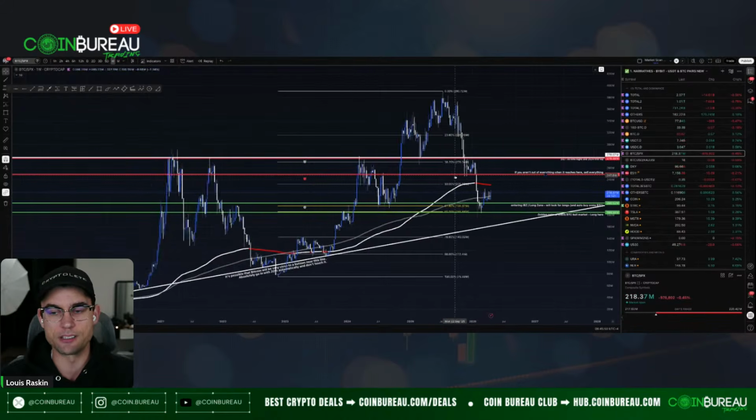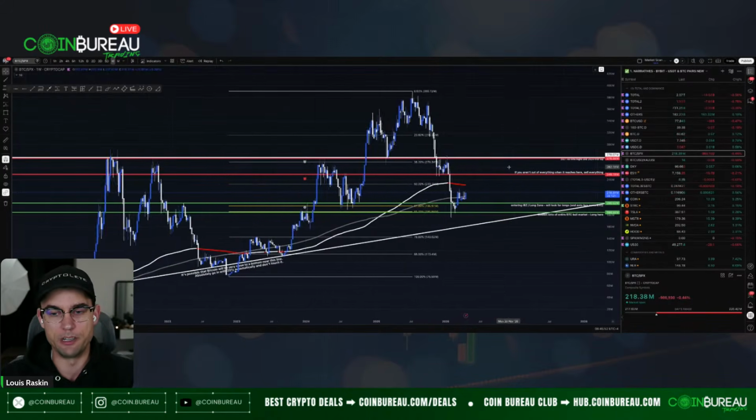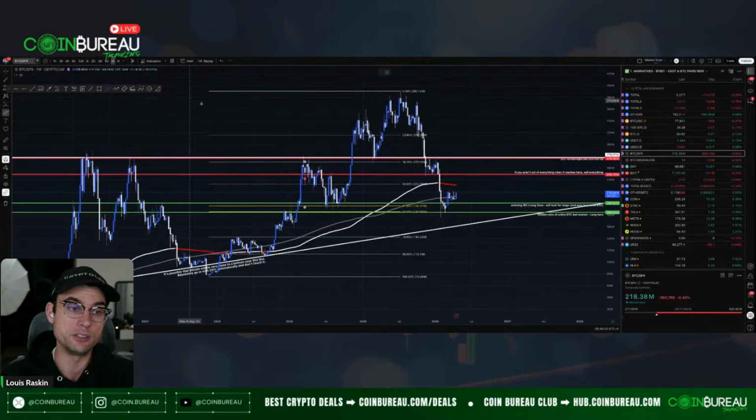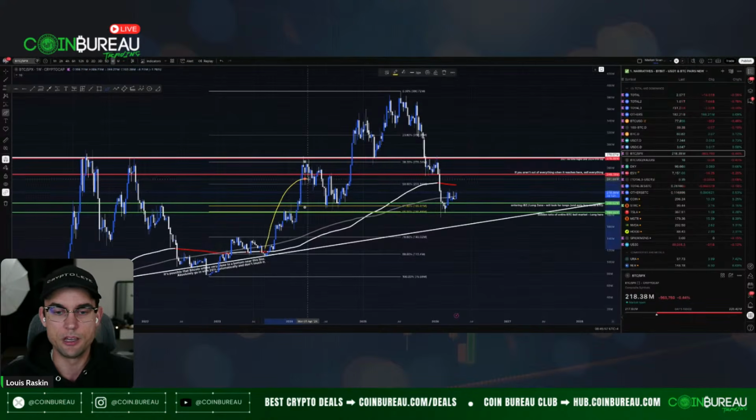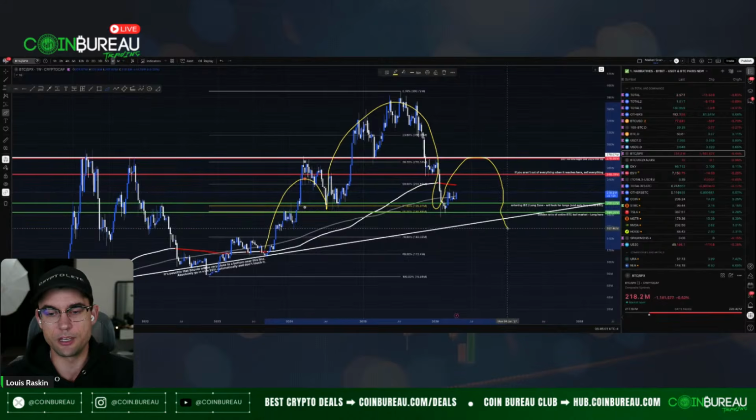But this is another chart that I look at. I think that if it does come up here, that's going to be pretty bad. That's going to be a giant head and shoulders, right? Like left shoulder, head, and then maybe a right shoulder, and then maybe go down. It'll probably do that, and then that'll be the end of the bear market.